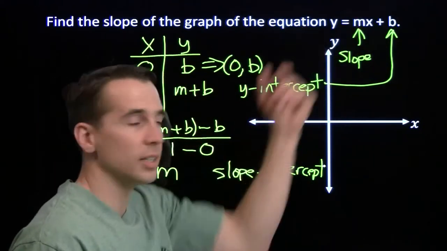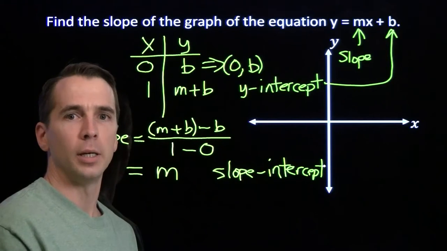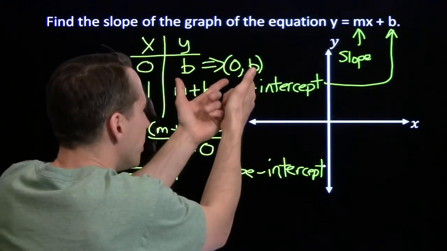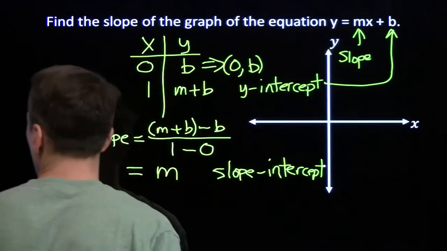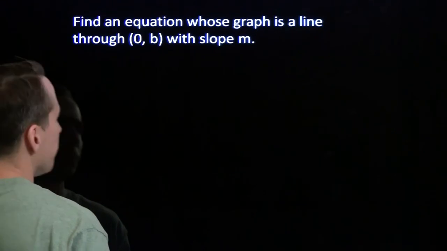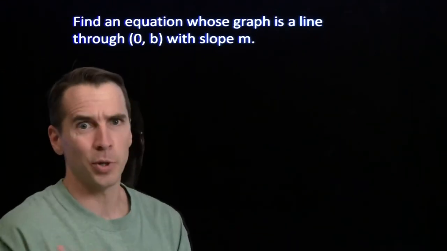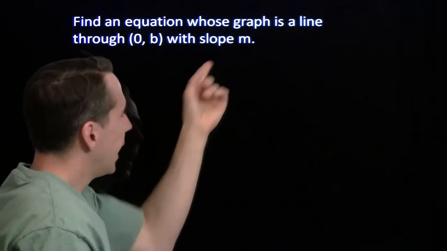Because you can just glance at this and see the slope is m and the line goes through the point (0, b). Hey, that gives me an idea. Imagine we started off with the intercept (0, b) and the slope is m. We started from there and used that point-slope thing that other guy showed us. That thing is pretty slick, so I want to give it a try here. The line goes through (0, b) and has slope m.